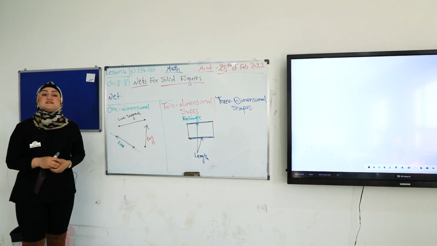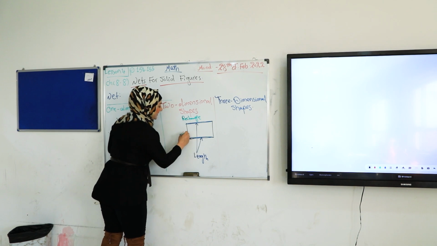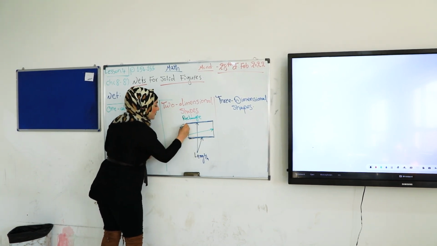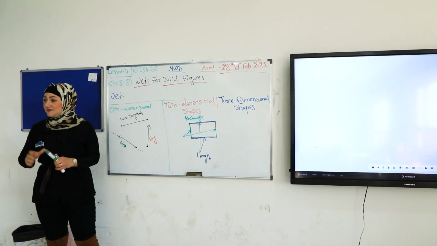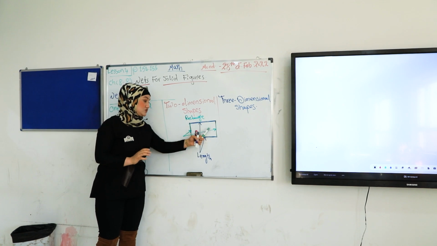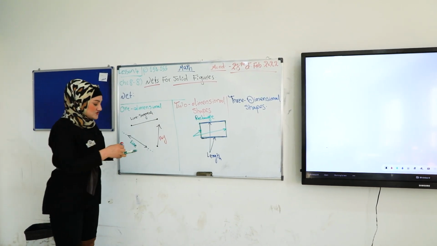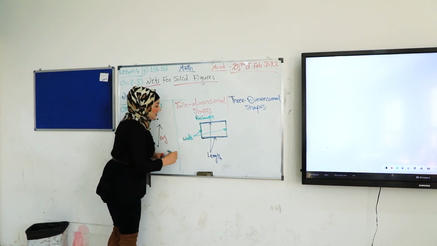What about the wide sides? Rabin, very good. Clap for him. So the wide sides, they're a little bit shorter than the length ones. All the time, these two sides, the shorter ones, could be called width. So what do we call them? Width. Because they're wider than